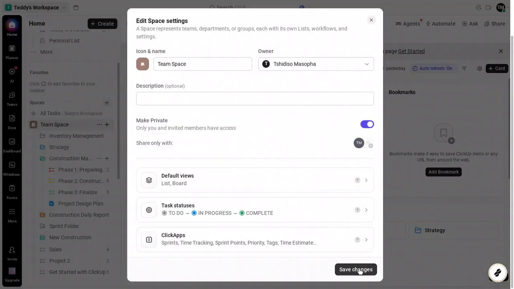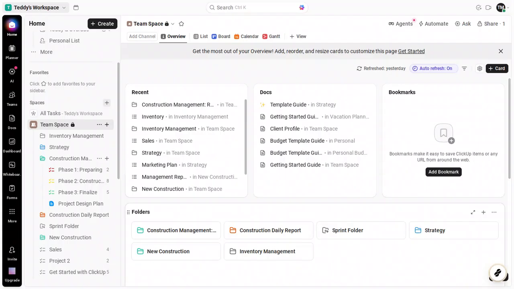Hover over the avatar of the person you want to remove. An X appears along with their name for clarity. Click the X to remove them from this space. This revokes their access to the space's views, tasks, and docs, while leaving your content intact. You're not deleting